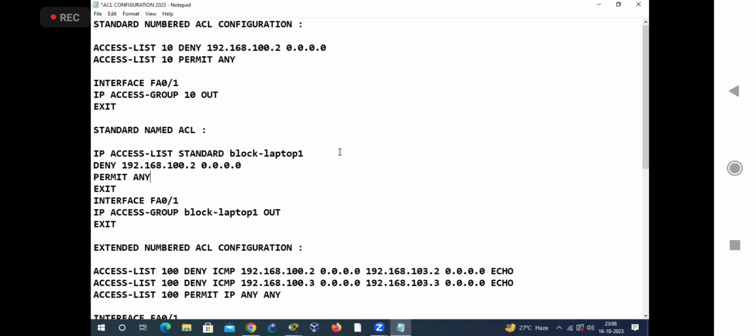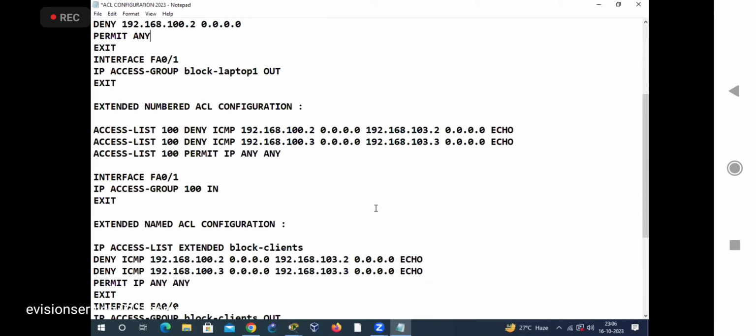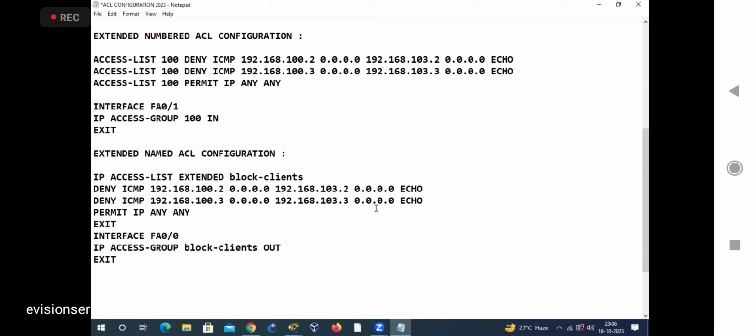Okay, so taken the screenshot, right? Yes, sir. Have extended numbered, extended named. अरे बाप रे बाप। Taken. Yes. All right. तो ये अच्छी तरीके से